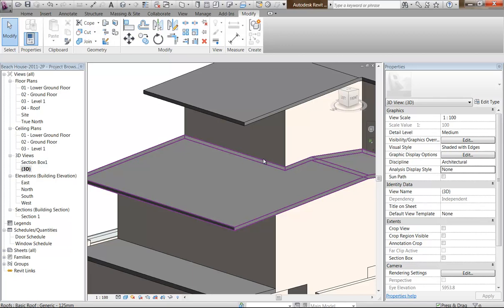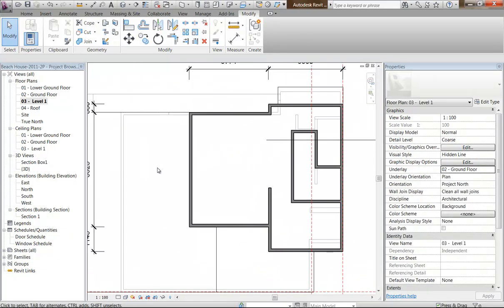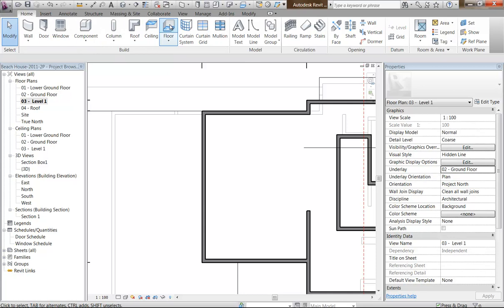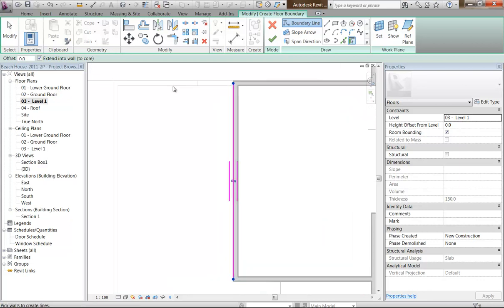So the floor, I think, is roughly the same size as the one on the level below, maybe a bit smaller. So for now, I think 1750 should work pretty well. So I'll put the floor in first, and then I'll adjust the roof accordingly. So using just the regular floor tool, again, I'm just going to use the same floor type for now, and so I can pick this wall, and then I could pick this wall